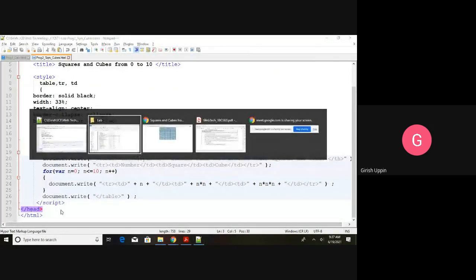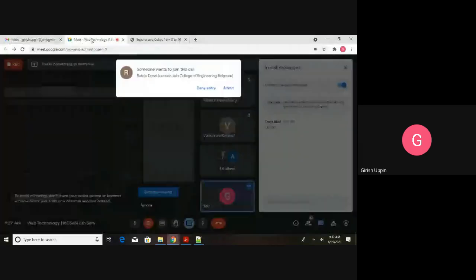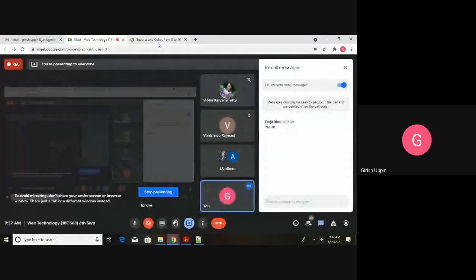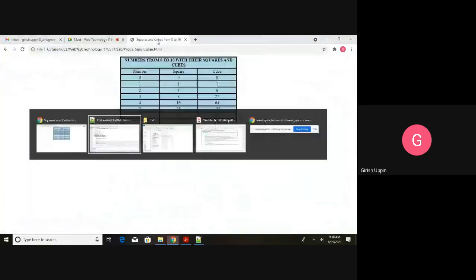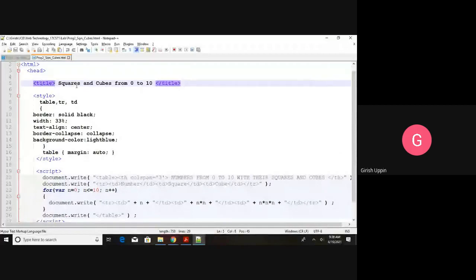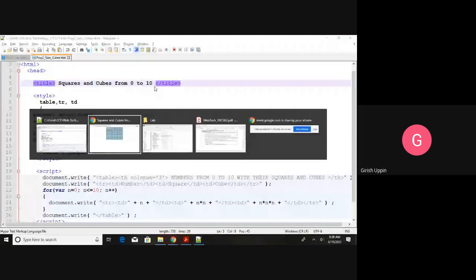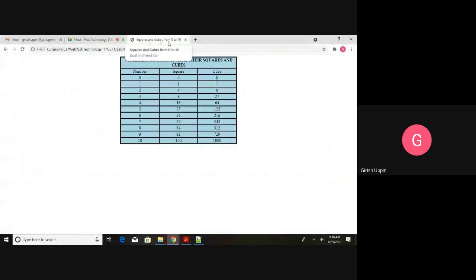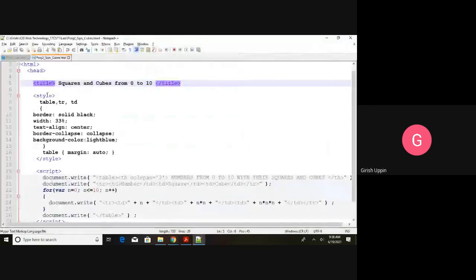Everything is inside the head. We have the title, squares and cubes from 0 to 10. You can see the title here. Then this is the style, the CSS rules that I have in the program.